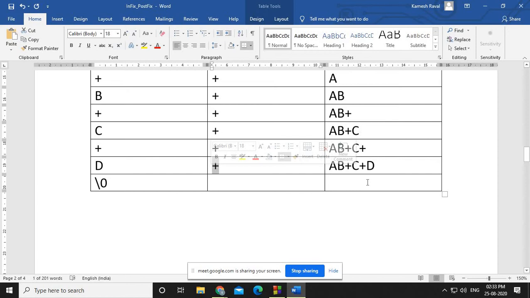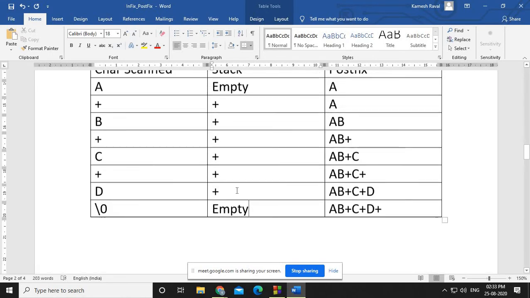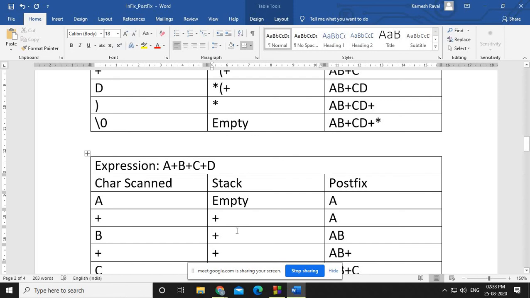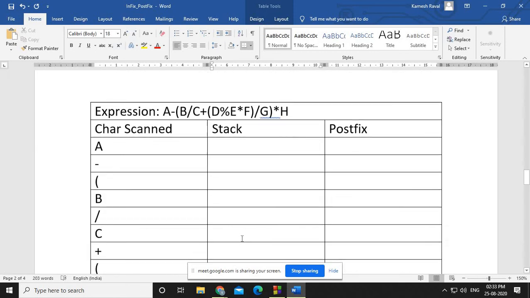We know that in our stack we have only one operator, that is a plus. So if we pop that plus and insert it into the postfix, the expression is something like this, and this plus is popped out, so now my stack becomes empty. Okay, so quite simple.